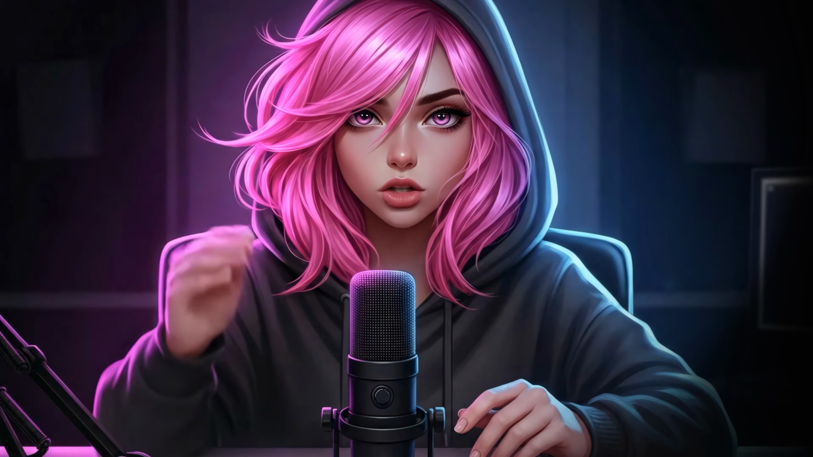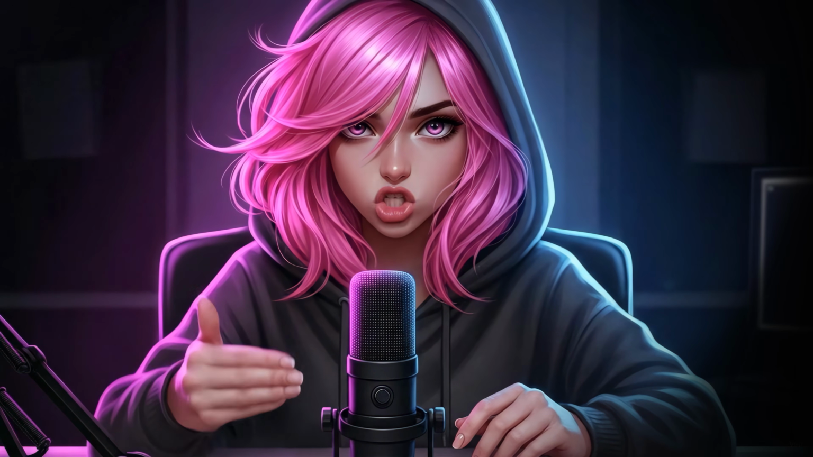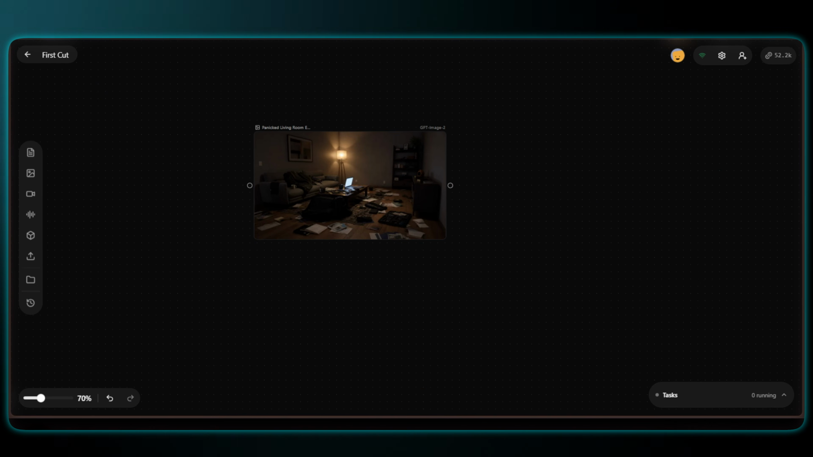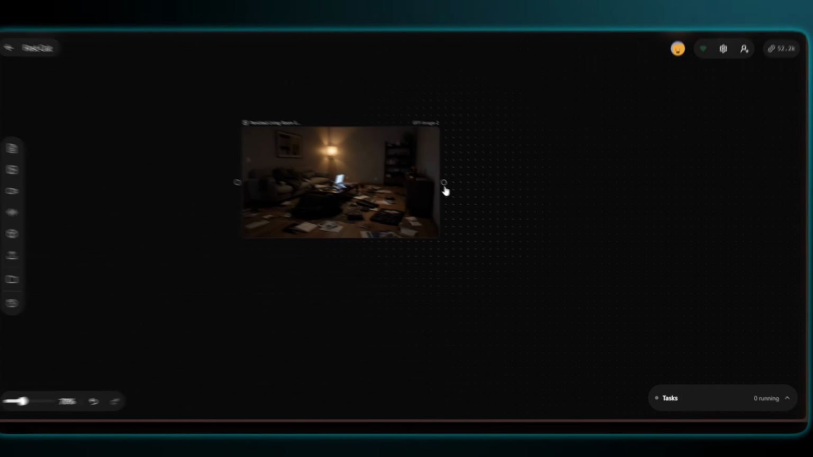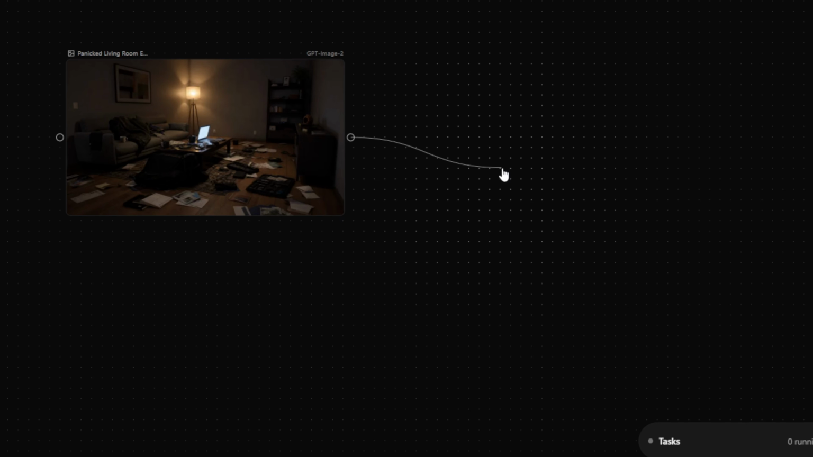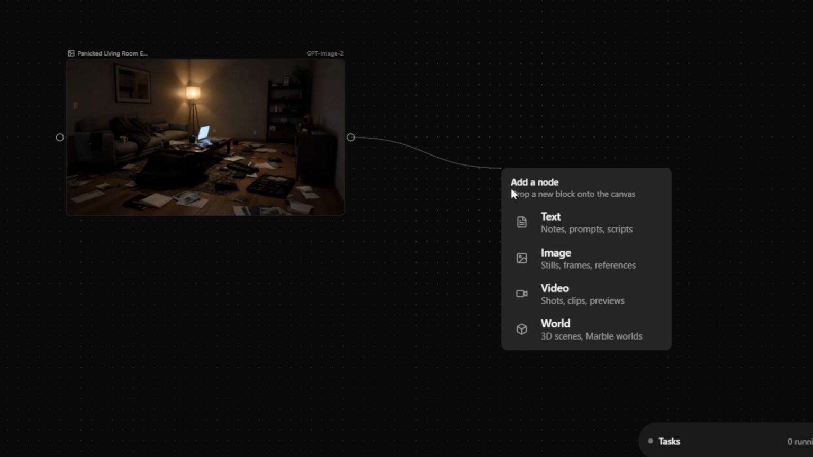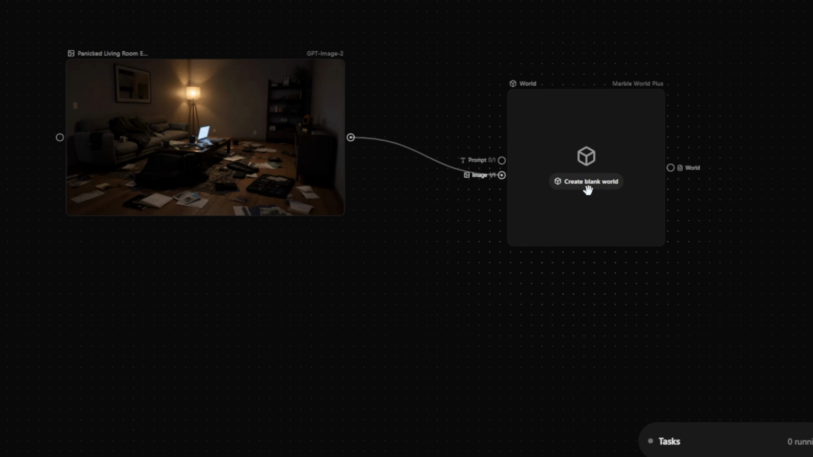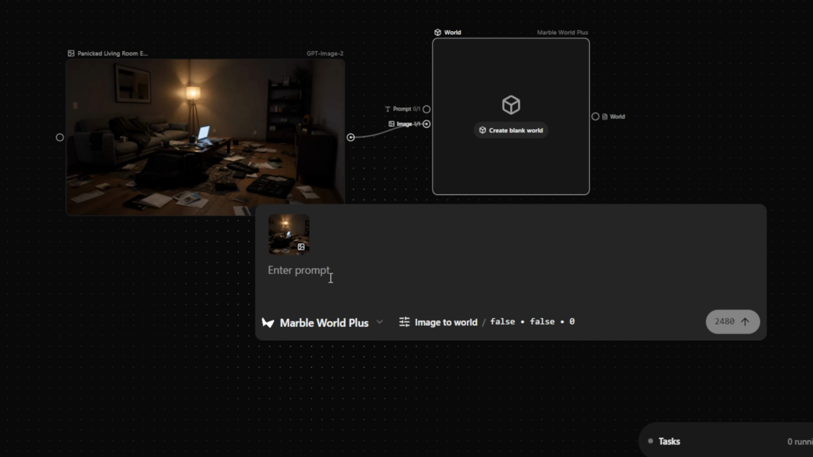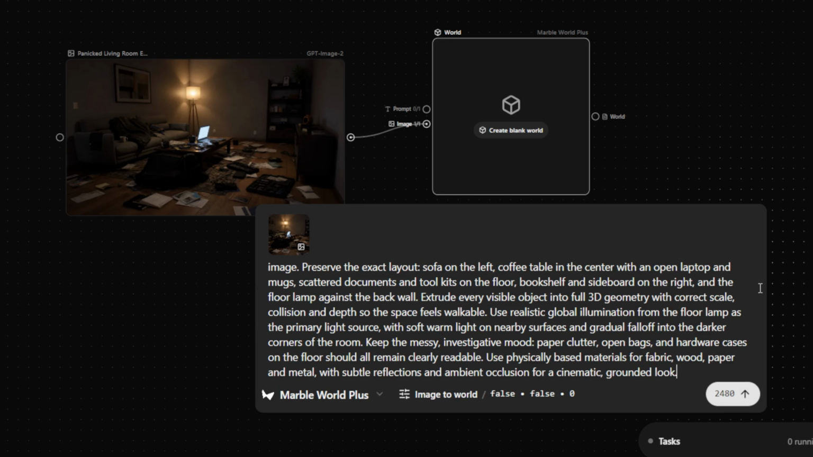Now let me show you how to lock your environment, because keeping your background consistent between shots is usually the hardest part. First, generate an environment image. For example, I created an empty living room using GPT image, then connected that image straight into a new world node. This triggers a special 3D workflow that takes a single flat image and projects it into an interactive 3D